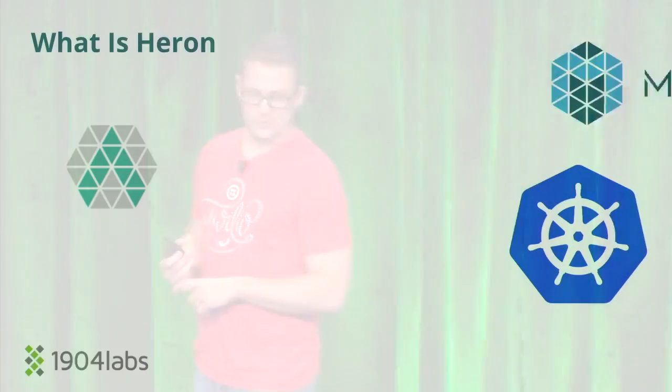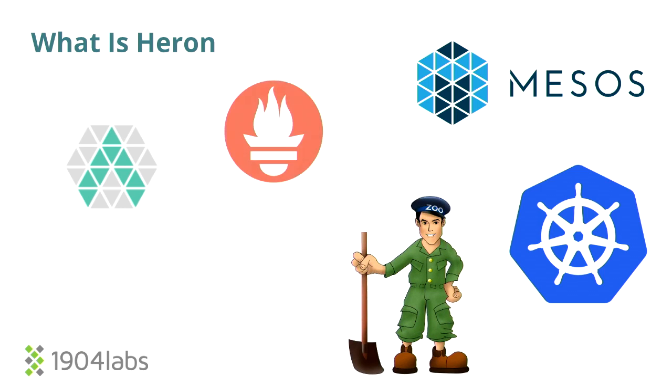So when the time came to design Heron, the team got together and they thought about, did we want to write a scheduler? Did we want to write a state management? What about metrics? And with the time they had allotted to get this project done, they decided that it was best to focus on what Heron was going to do, and that was stream data. So Heron has implementations for running on top of Kubernetes, Apache Mesos. It runs in production at Twitter right now on Apache Aurora. State management is Zookeeper, and then you can plug in metric sinks such as Prometheus and Graphite, and then visualize those with Grafana.